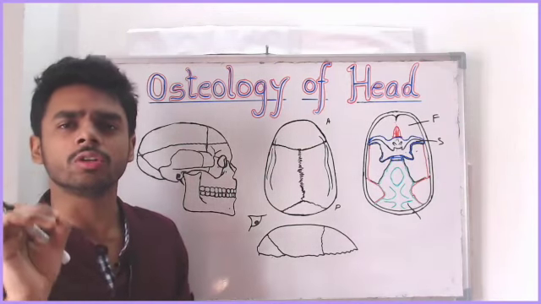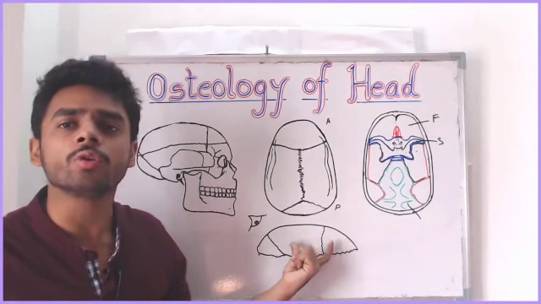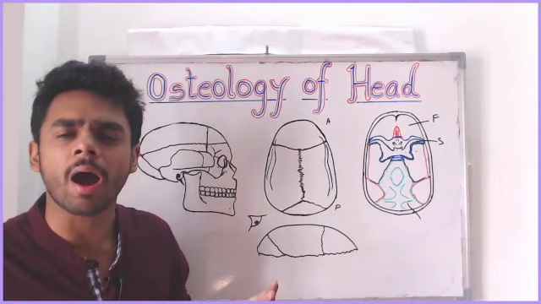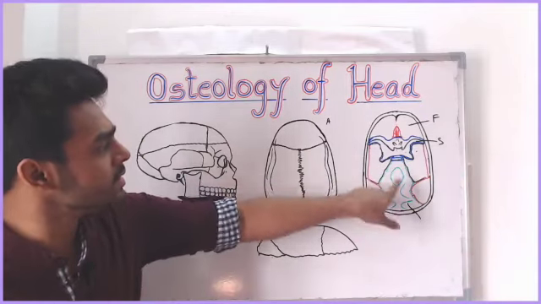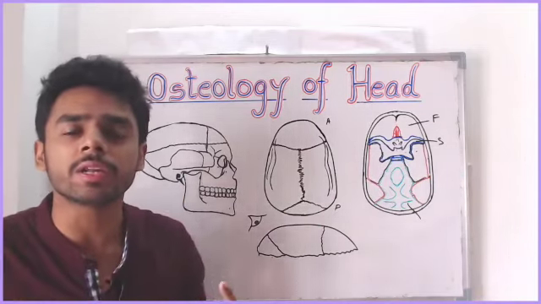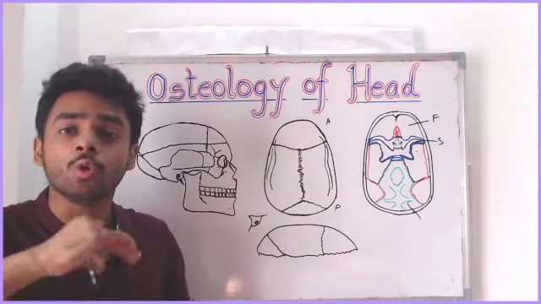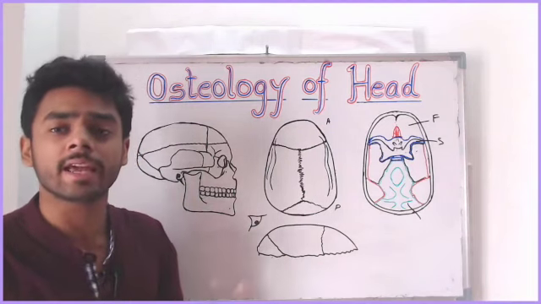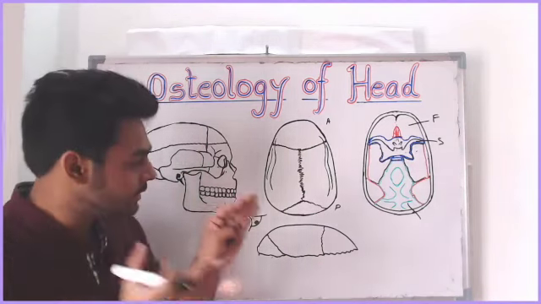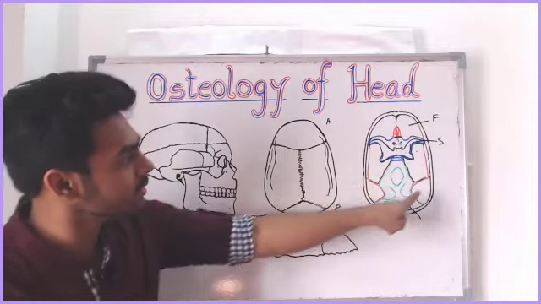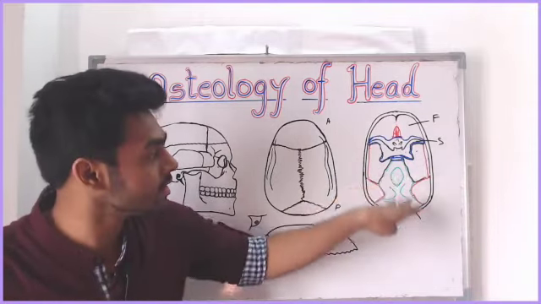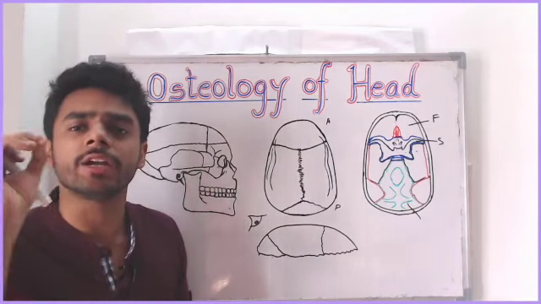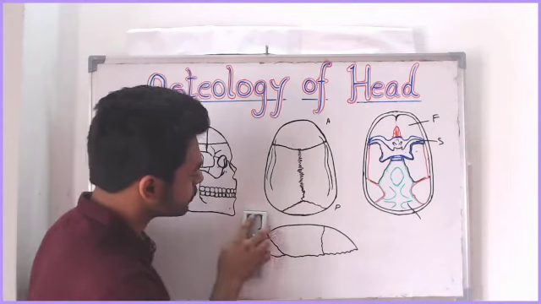The cranial vault, or you can call it brain box or roof or calvaria, is a dome shaped part which covers the cranial cavity. There is a cavity in which the brain is present, that is called the cranial cavity, and the dome shaped part which is covering that cranial cavity is called the calvaria. And this calvaria along with the base is called cranium. This cranial skeleton consists of 8 bones.